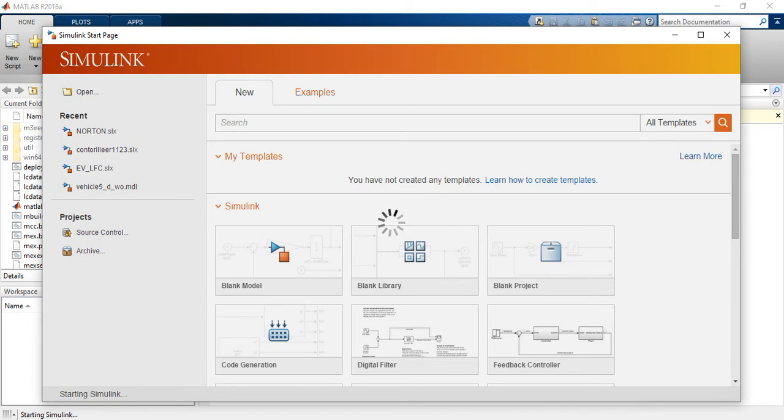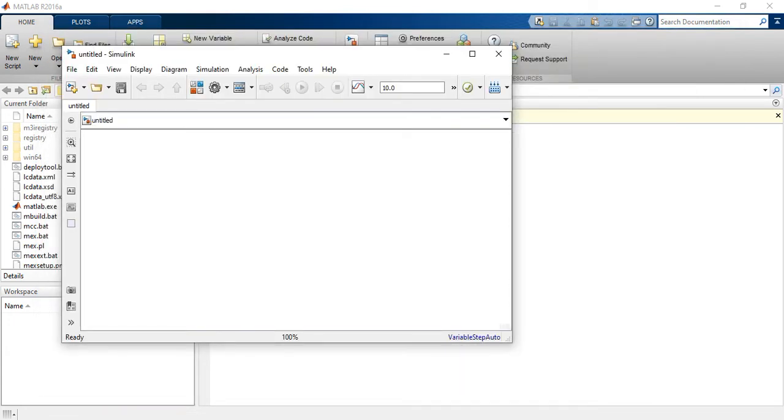It is taking longer than the usual time. Okay, so the new window has been opened now.